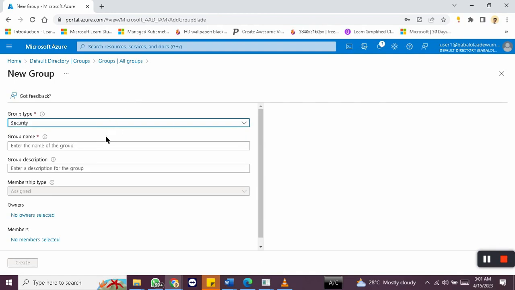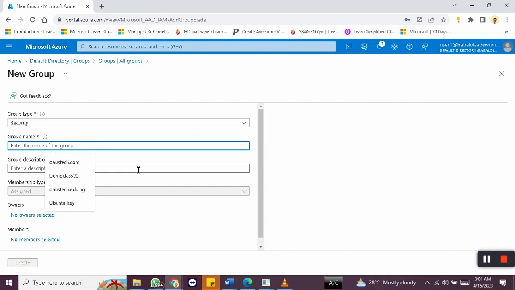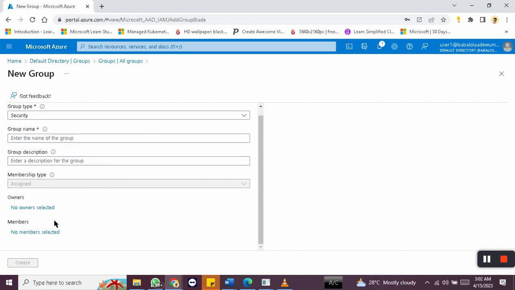Leave it in security, as this is not a Microsoft 365 group like we discussed earlier. In the group name, I'll be typing in demo, and in the group description we type in demo purposes. Now we are not selecting owners or members. Let's create a group,